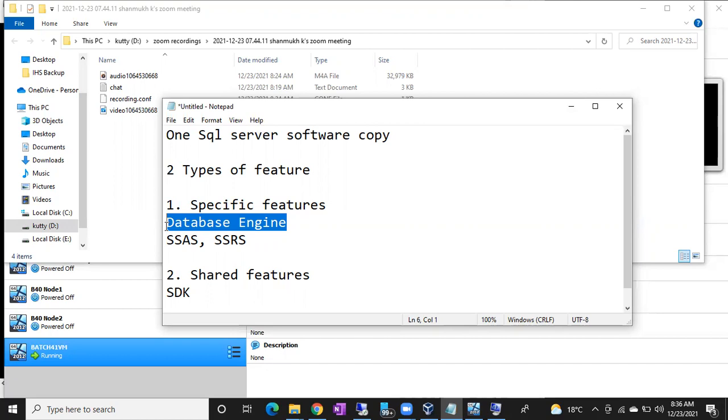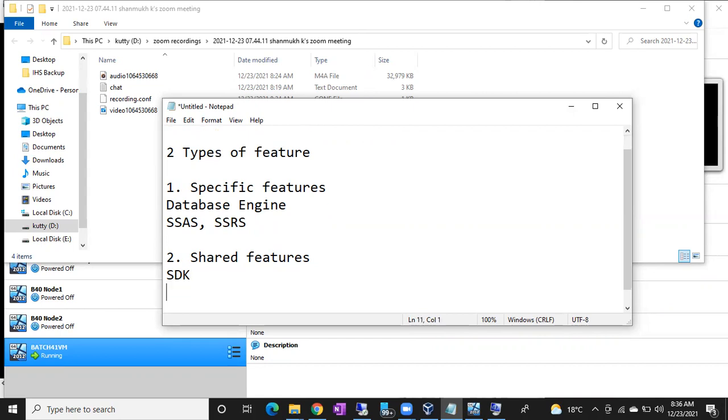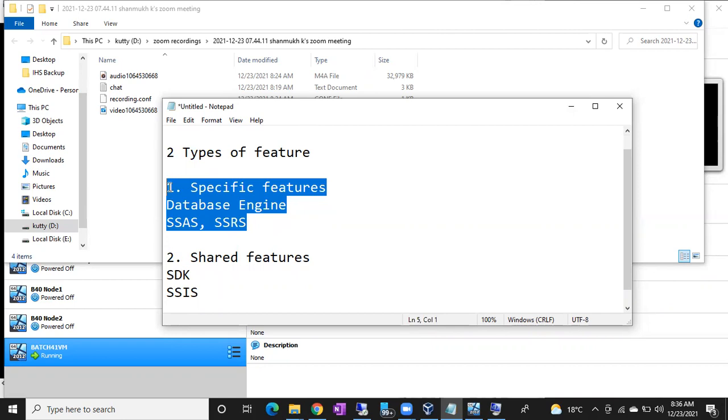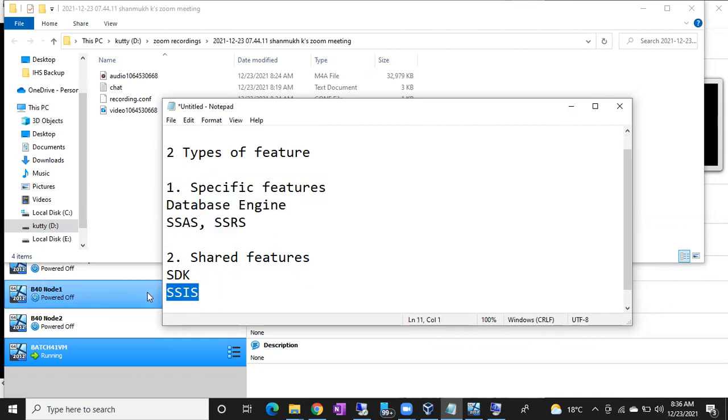In the same way, if you are installing one SQL server, one database engine you have to choose. Database engine is an important feature. Without database engine, there is no SQL server. Each SQL instance will get one database engine. So that is specific. For each SQL server, you can install one Analysis Services component. You can install one SSRS component. SSIS is not specific, guys. SSIS is a shared component. However many instances you have on the server, only one SSIS package will be there. That is a shared component that will help us.